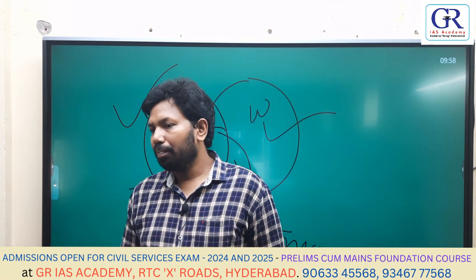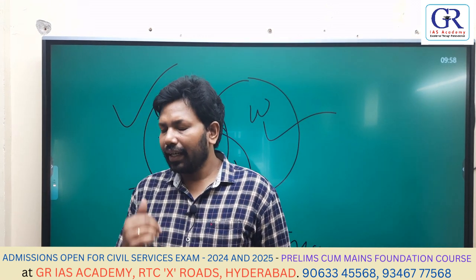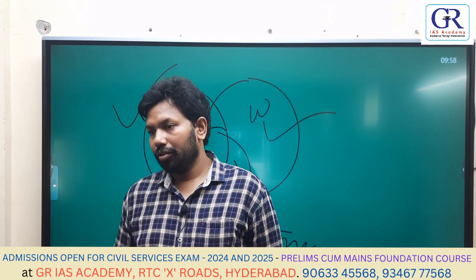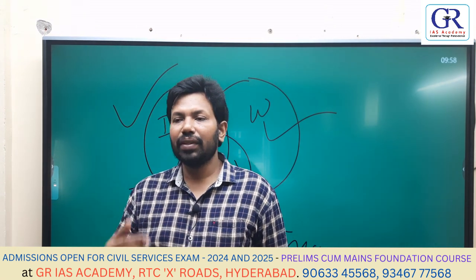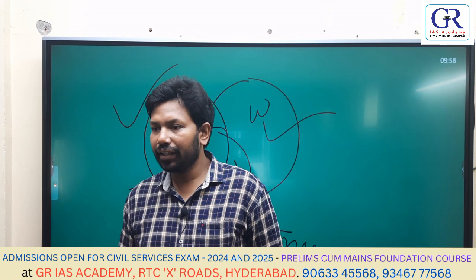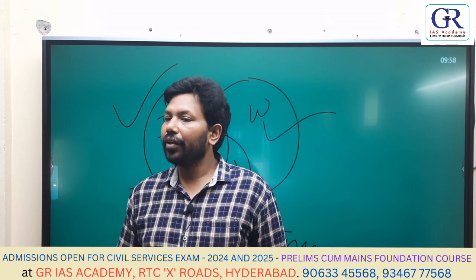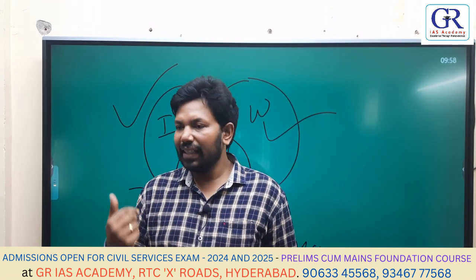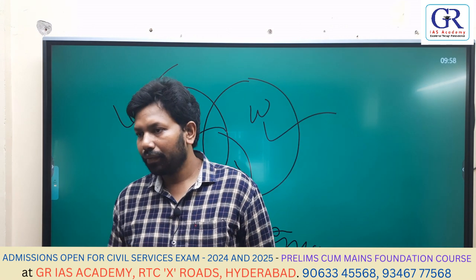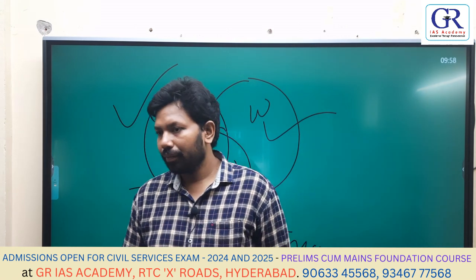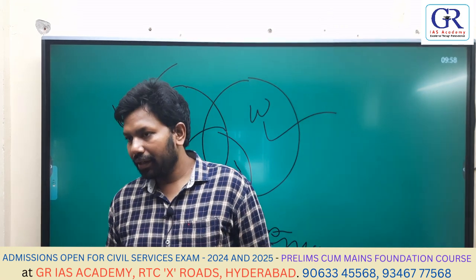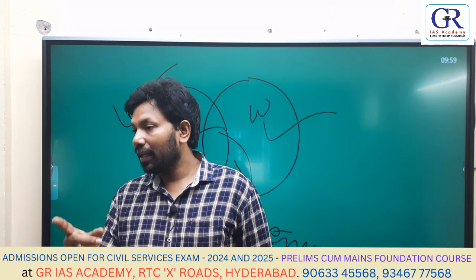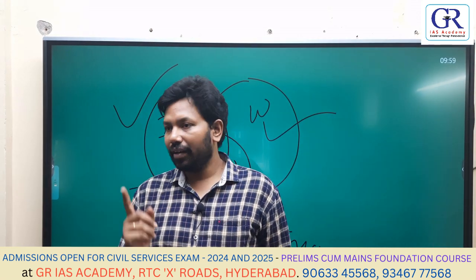For example, take the Bangladesh and India enclave. The Ganga river frequently shifts from left to right, right to left. It is not updated. For example, the lithium you are talking about, in Jammu Kashmir we have found lithium, it is not updated. Or maybe uranium deposits in Andhra Pradesh, it is not updated. Or maybe, we have so many minerals in UP, gold recently found, that's not updated. Or maybe delay of monsoon, that is not updated. El Nino, La Nina, that was not updated. I accept that. It's not my mistake, but NCERT's mistake. It's not updated. But I will update you. I will update you on all the required things.